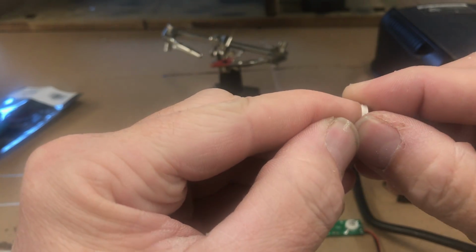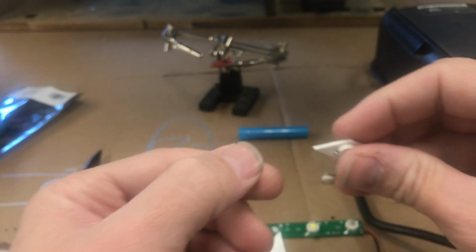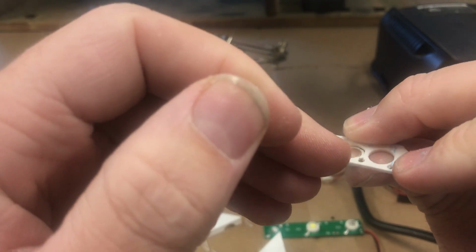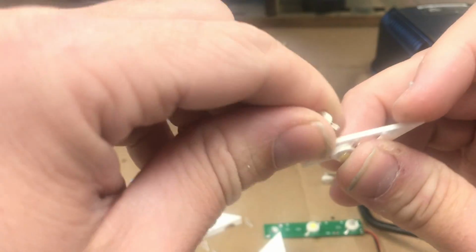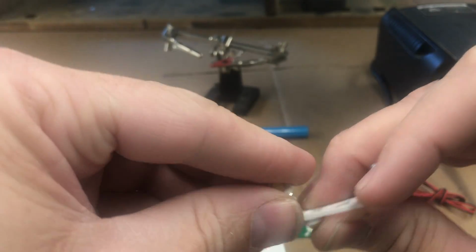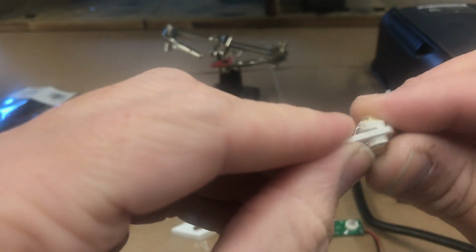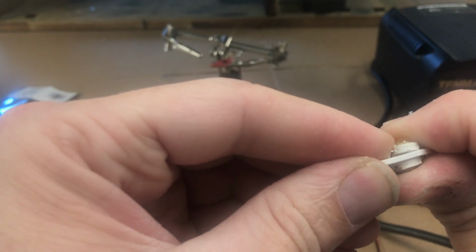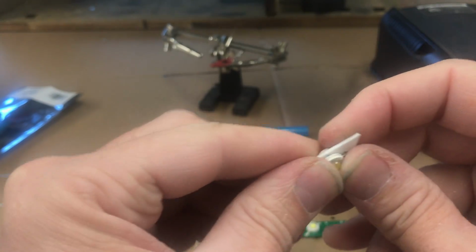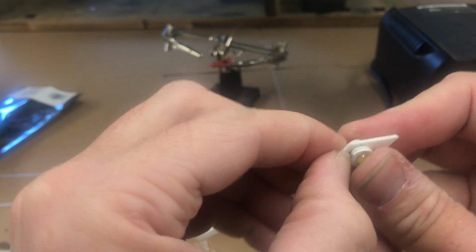Then we're going to fold them back down again. This one we're going to try and make a little bit wider because it's going to need to hug the other LED. So again, remember we had our positives and our negatives. So again, positive I have on this side, and so I'm going to verify that I got positive and positive, negative to negative. And so all I'm doing now is I'm squishing them through the same hole, just on the opposite sides. Okay? So now that I got them touching,